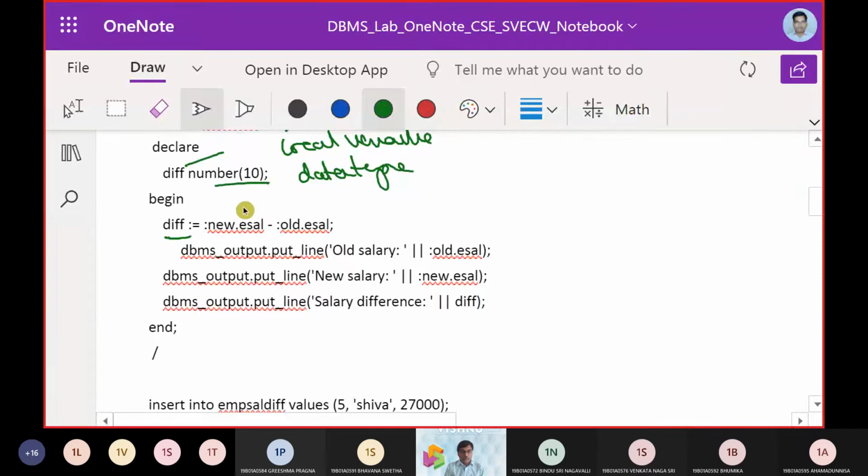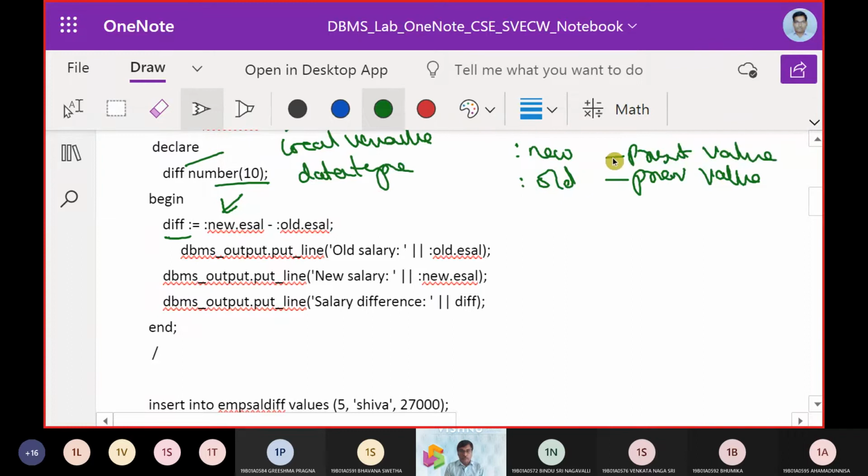We will check with the 2 primitives, that is :new and :old. :old takes the previous value, and :new is going to bring up the present value, or you can call it the updated value.